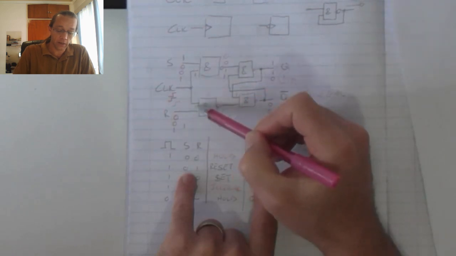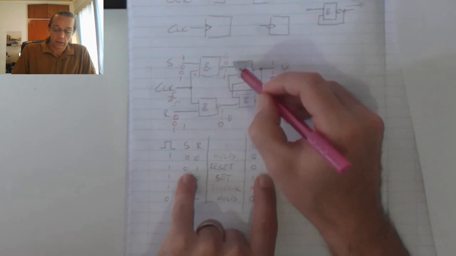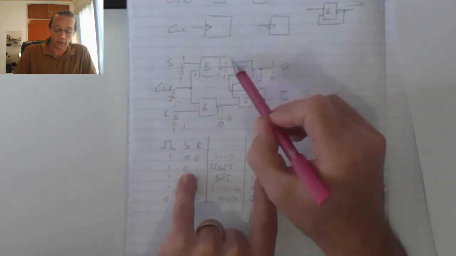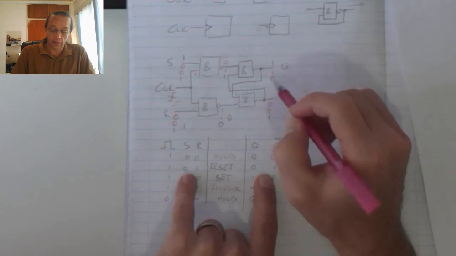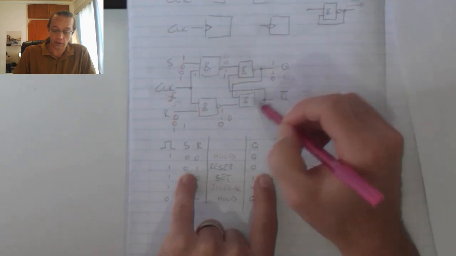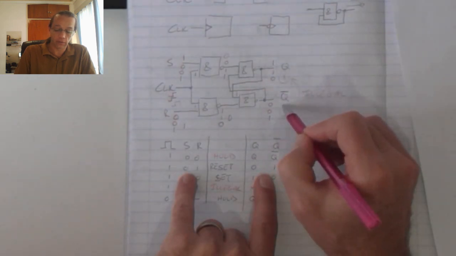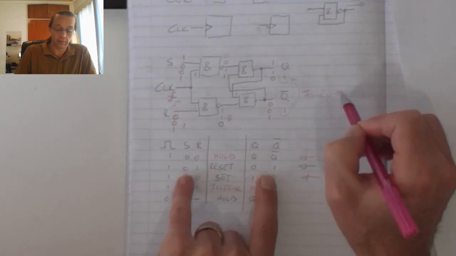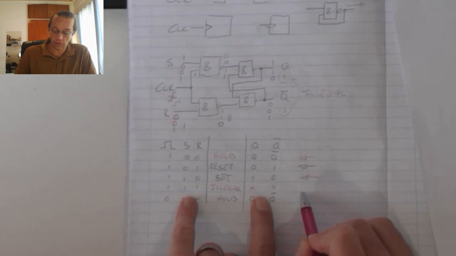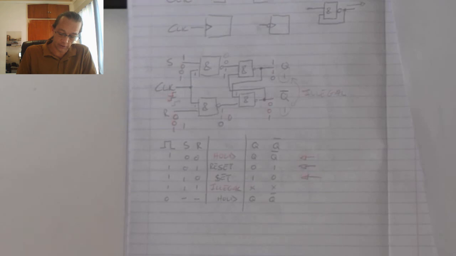And then finally, if I go into a 1-1 scenario, this one plus this clock pulse is 1, gives me a 0 there. This 1 and that clock pulse is 1, gives me a 0 there. Now this 0 causes a 1 output over there, and this 0 causes a 1 on the output there. Again, these two are equal, which means this is illegal, which means I'm